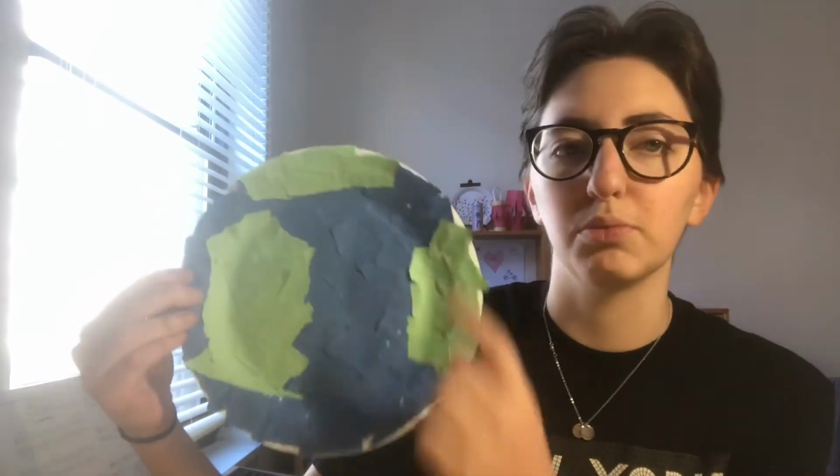So in April, Earth Day is coming up, so I thought we would do a sort of Earth Day project by making earth collages. And in the end they'll look something a little like this with all the ripped pieces of construction paper. So the materials you'll need are either a paper plate or a piece of paper cut into